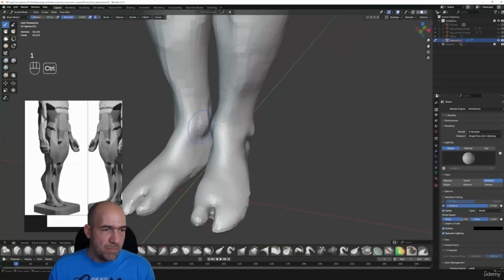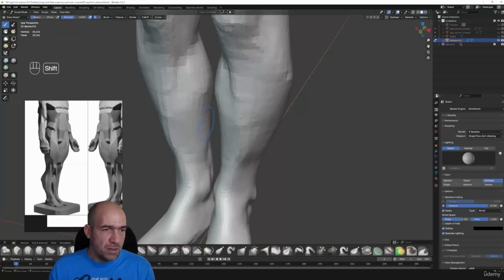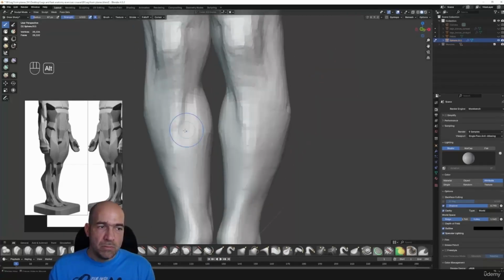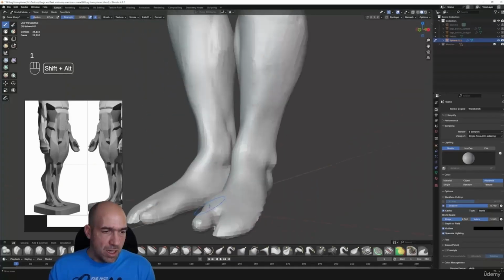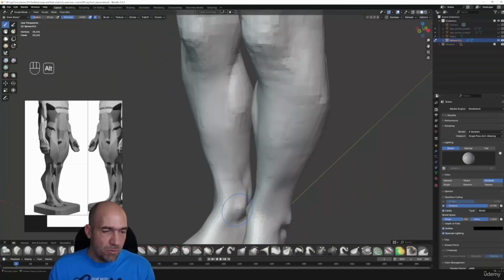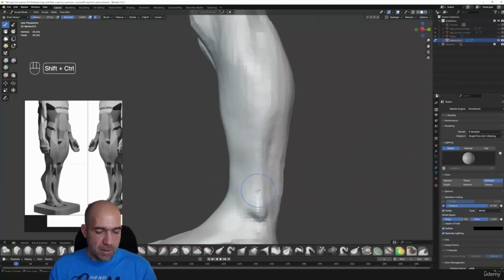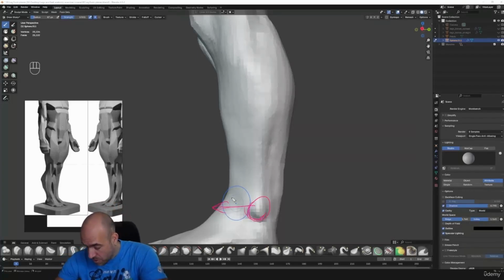This portion, by the way, the inner portion of the ankle, is what bone? The tibia bone, the big lower leg bone. So this bone is a little bit more forward, so it's a little bit more this way than this one. The inner one is a little bit more forward than the outer one. The outer one is kind of in the middle, a little bit more on the back. But the inner one, and you can see it in your own leg. I'm watching my own leg. The inner one,